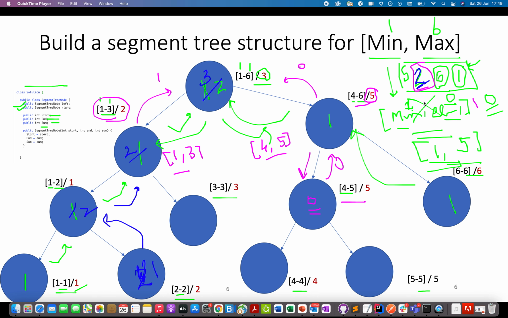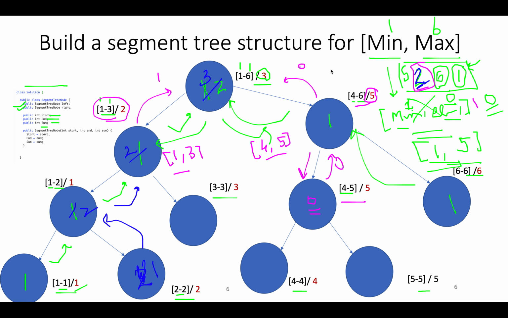The range to be searched will be from the starting node, the minimum value is 1 and the element minus 1 is again 1. So we want to search for all the nodes that lie in the segment tree within this range 1, 1. And let's start with the root node. The root node is 1, 6, the middle point is 3 and it doesn't lie within this range. So where are we gonna move? We'll move towards the left direction. So we'll move here. And what is the middle point for this node? The middle point is 2 and the middle point is higher than the end of this range.